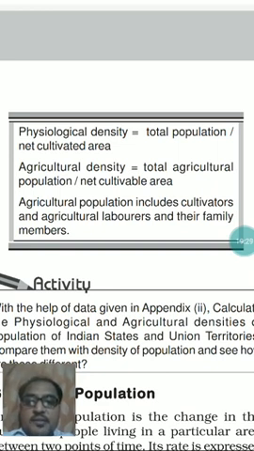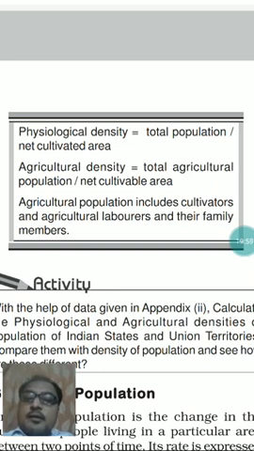Net cultivated area means whatever area of a particular region or state is used for cropping at the time of sowing, means whatever area crop is sown. जितने भी एरिया पे, जितने भी लैंड पे, किसी पर्टिकुलर एरिया के जो भी लैंड पे हम सोइंग करते हैं, बीज बोते हैं, that is called the net cultivated area. So you can understand here, total population divided by net cultivated area is physiographical density.